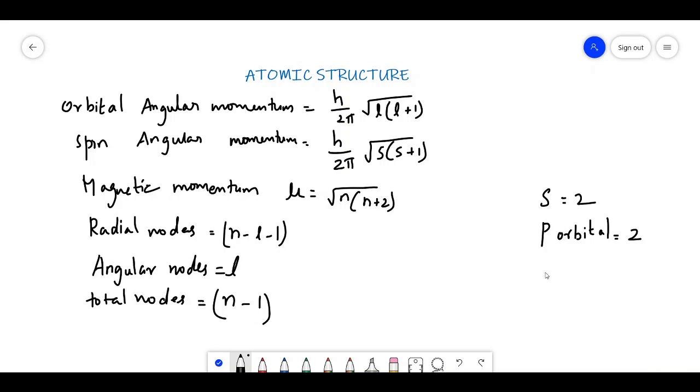And if it is asked as a d orbital, then also the answer is 2, and if it is asked f orbital, then also the answer is 2. Most students commit mistakes in writing the electrons in an orbital. Sometimes the question asks for the total number of electrons; then it is 2, 6, 10, and 14. But if the question asks about an orbital, whether s, p, d, or f, the answer is only 2. So this point is very important. You have to remember.